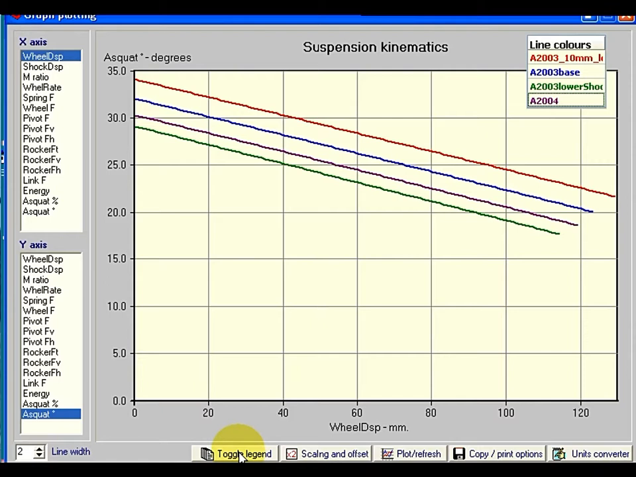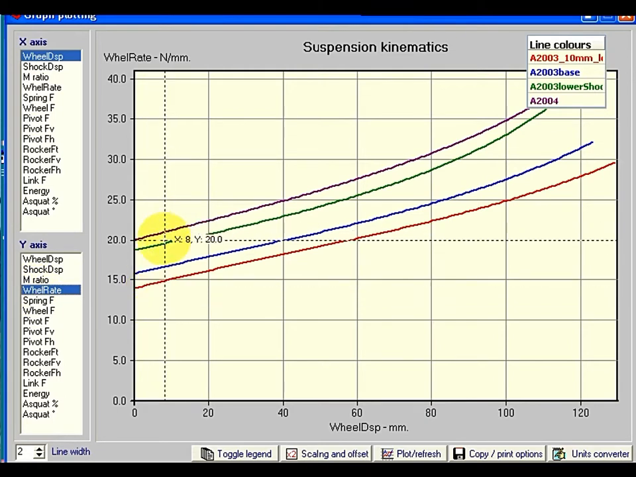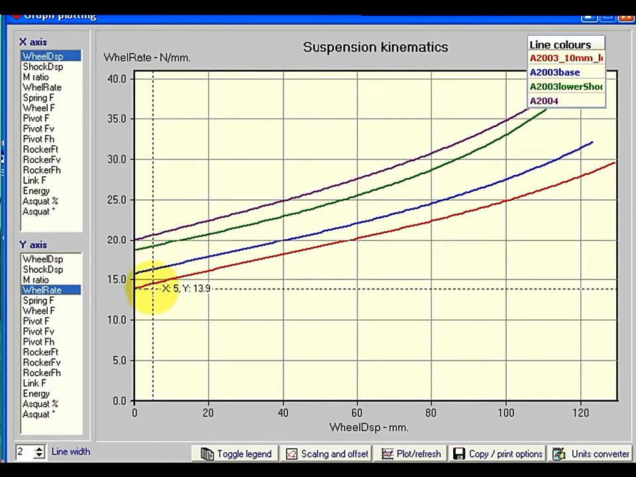Here we can toggle the legend on and off, as mentioned before. The scaling and offset is sometimes useful. For instance, say we were looking at the wheel rate. These are the actual values, but it might be useful to see them on a percentage basis. So say we wanted to make this 100% and everything else was based off that. We can see from the crosshairs at the moment that the y value is 14. So if we divide 100 by 14, I'm doing this off screen on a calculator as I'm speaking,